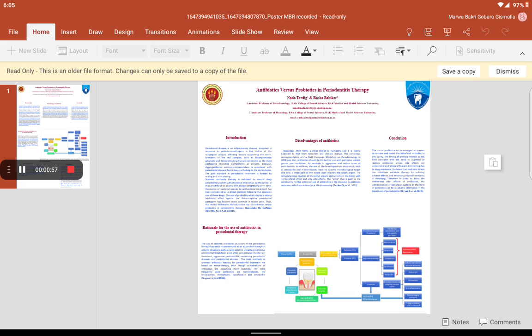The gold standard for the treatment of periodontal disease is scaling and root planing, and systemic antibiotics are sometimes indicated in order to get rid of the microorganisms that are inaccessible to be eliminated by mechanical means. Also, systemic antibiotics can be used in case of acute gingival infection with systemic manifestation.